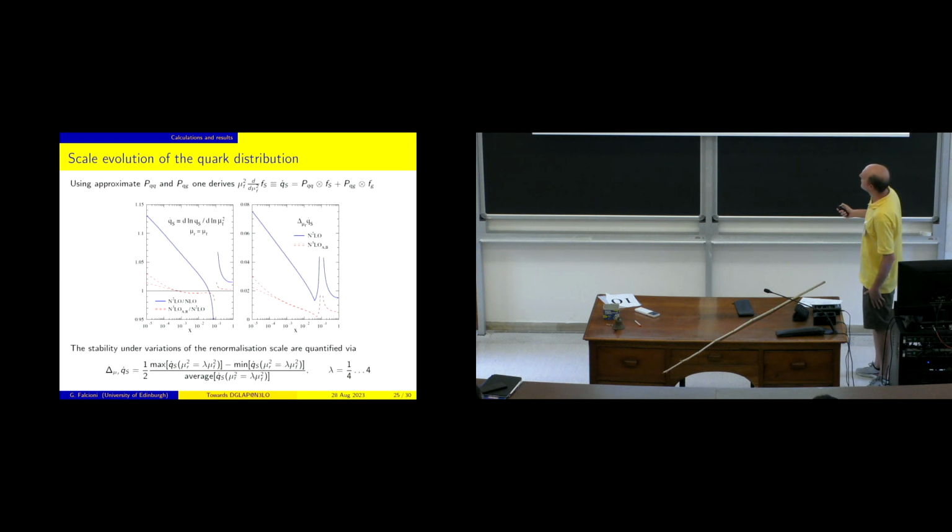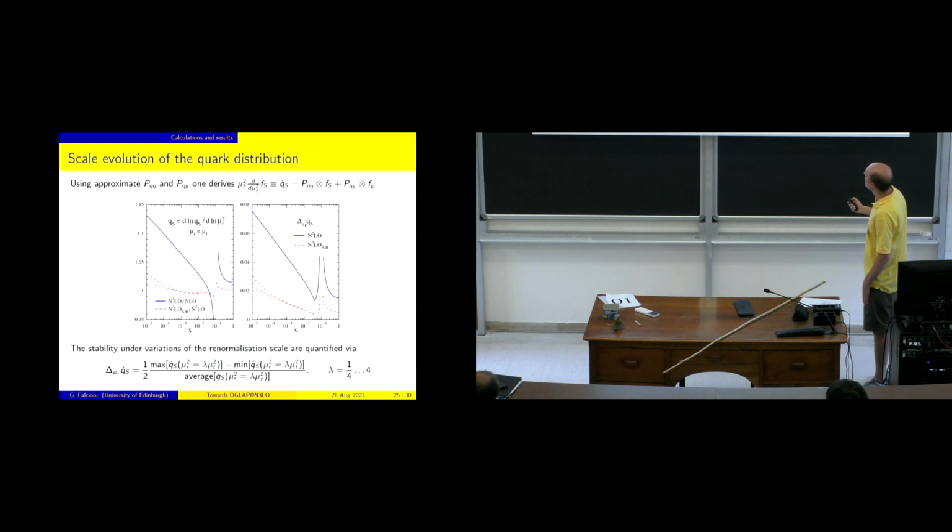And one nice thing that you see is that the contribution of the next N3LO normalized to the next-to-next-to-leading order is of the order of 1% up to 10 to the minus 4, and then grows a little bit, but is definitely much smaller than the next-to-next-to-leading order, which was up to, if you go down here, around 10%. The only inconvenience is that, of course, the scale derivative vanishes around 0.1, so there is a pole, but this is just an artifact of the presentation.